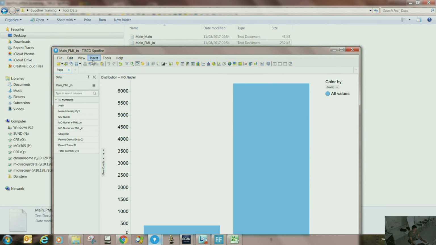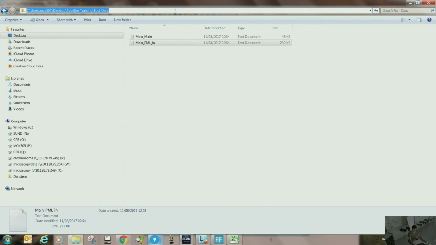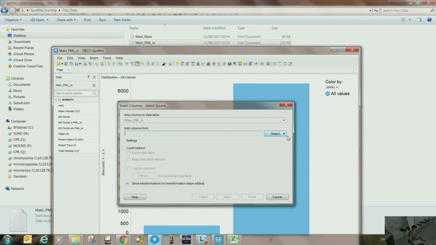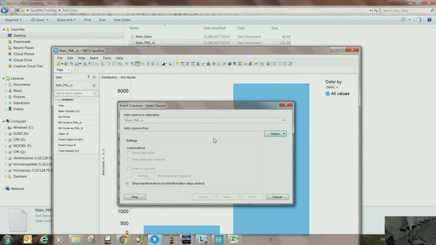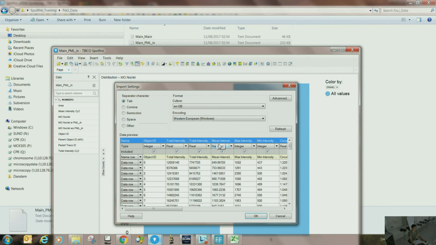Insert columns. And then go to this location. File. Go to that location. Get this main value. Okay. But there is a point here. Spotfire won't do this